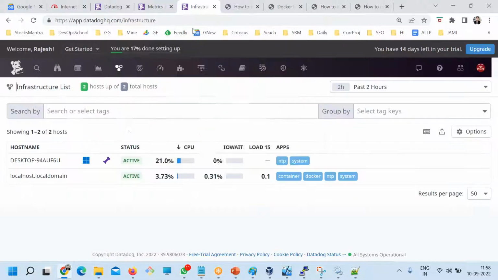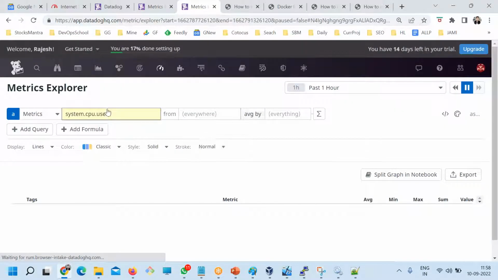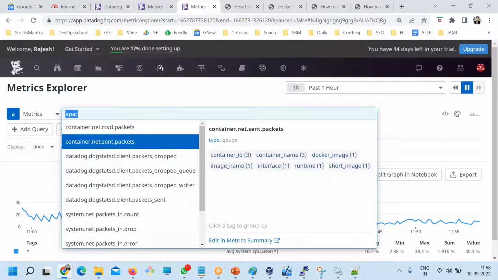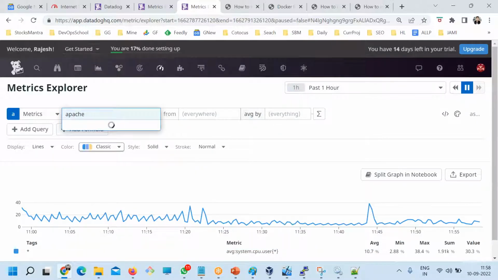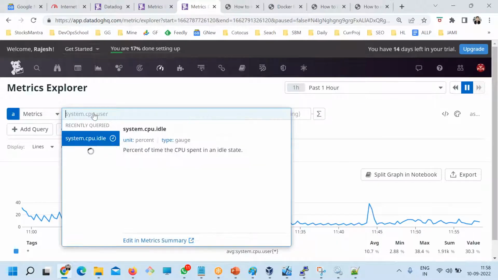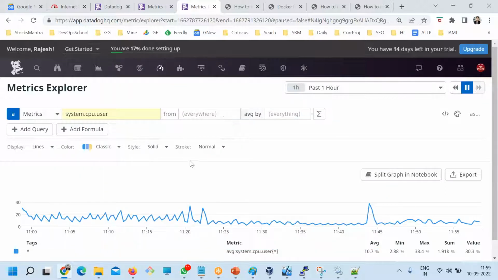Let me check whether it has come or not. Explore the Apache. See, it still has not come. Apache still has not come. So just wait a few more seconds, and it should be here. And let me check the infrastructure list.